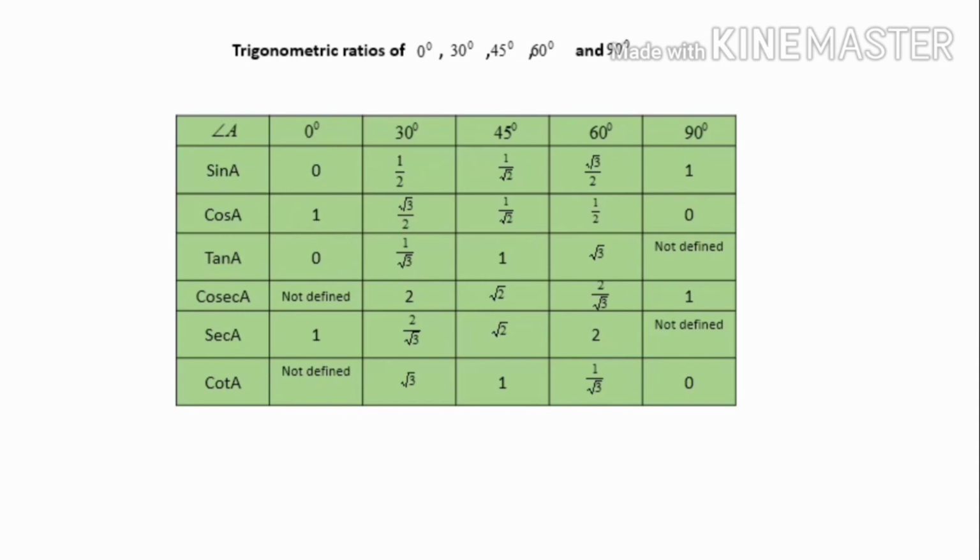Then by using these sin and cos values we can find tan, cosec, sec and cot. Now you may feel difficulty because you didn't study the formula. After studying the next topic it will be easy for you.